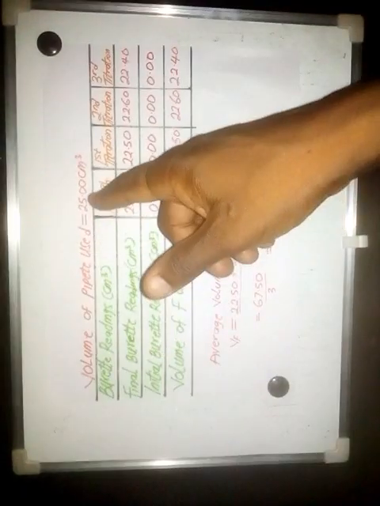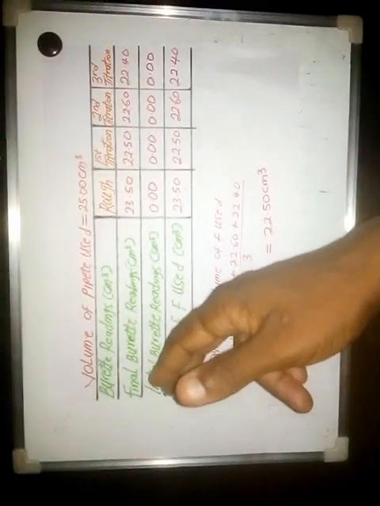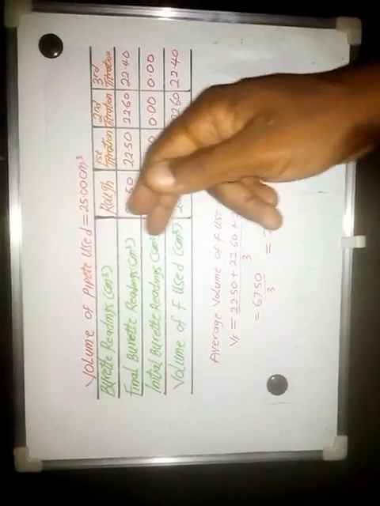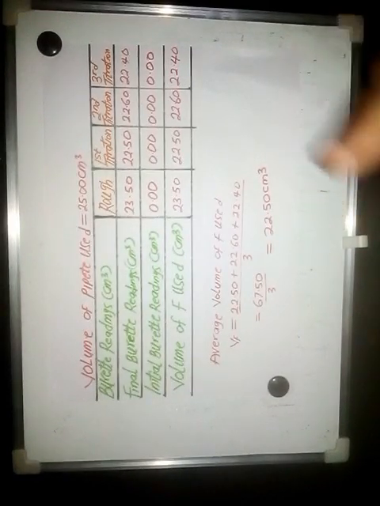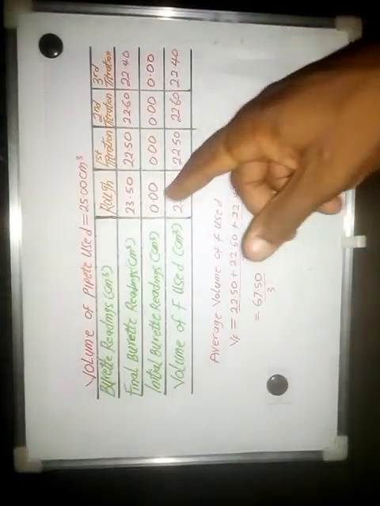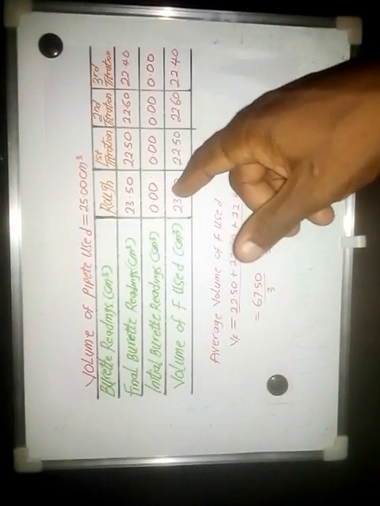Alright, the first thing I will do, I have to record my volume of pipette. So I'm saying volume of pipette used 25.00 cm cube. Burette readings, final burette reading, initial burette reading, put the unit cm cube, volume of F used. Remember, I said the F is representing potassium manganese 7, which is the one that you put inside your burette, right? So rough, first, second, and third. You can stop at second depending on what you want. So when you do everything, at the end of the day, when you subtract,